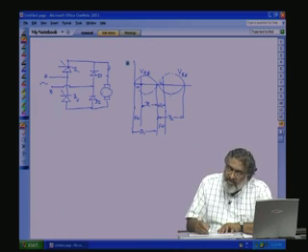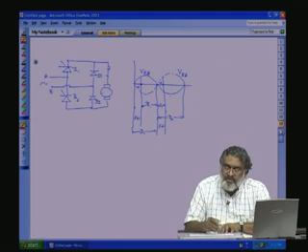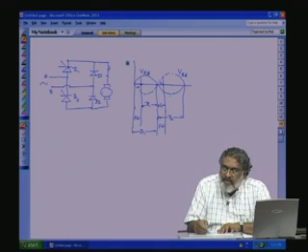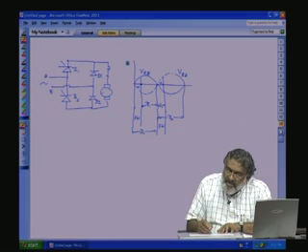We said during this portion also D1 will conduct. Why? The moment the thyristor is switched off, the moment this voltage becomes negative here, what will happen? This thyristor will be switched off, and the load will freewheel through this path till the next thyristor is turned on. So D1 will conduct this period as well as this period, D2 will conduct this period as well as this